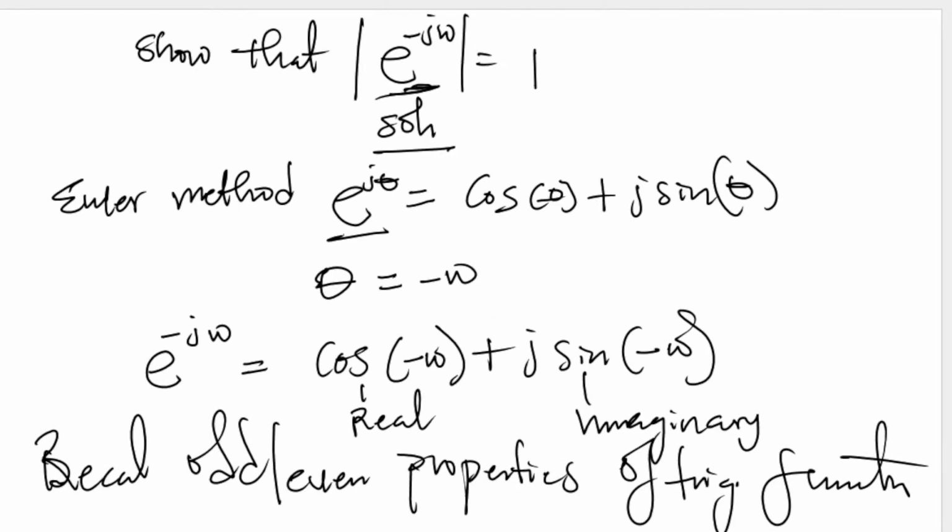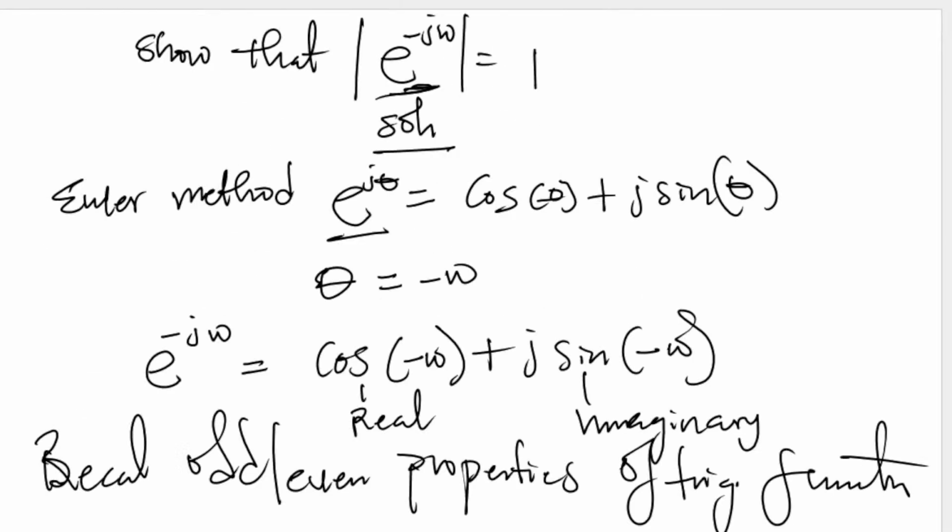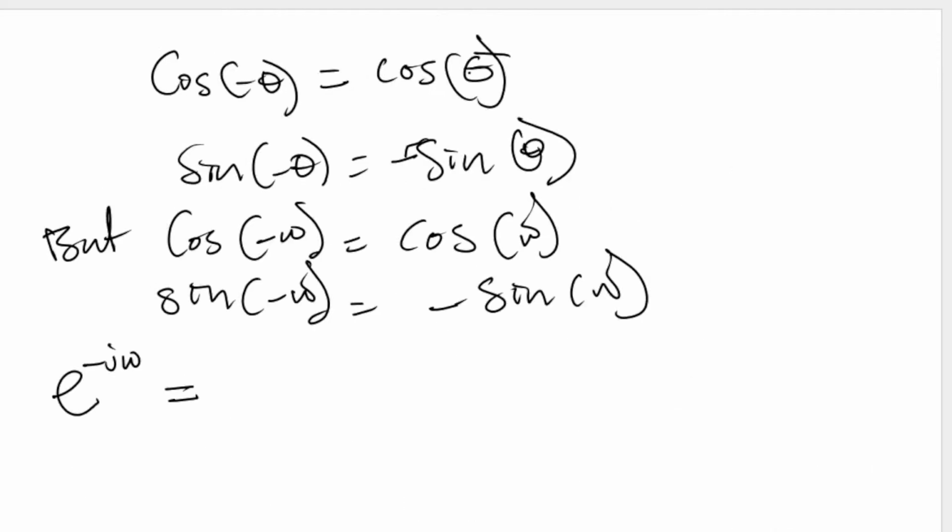So you now have your new Euler's equation: exponential minus JW will now be equal to, in place of cos minus W, cos W, plus